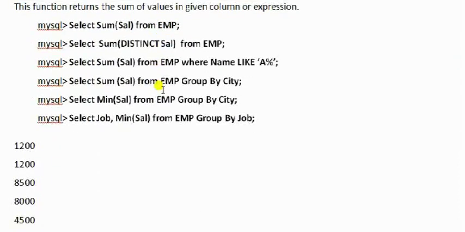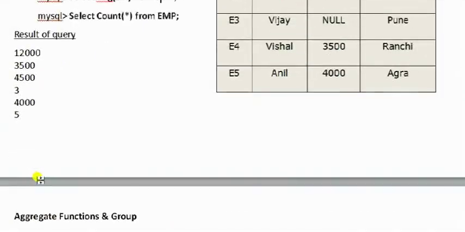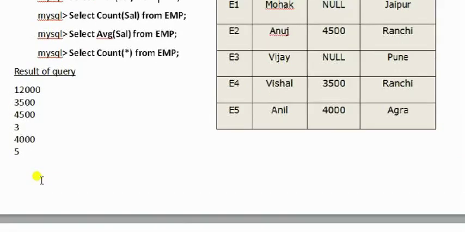These 2 values will be added. So it is 8500. Yes, 8500.